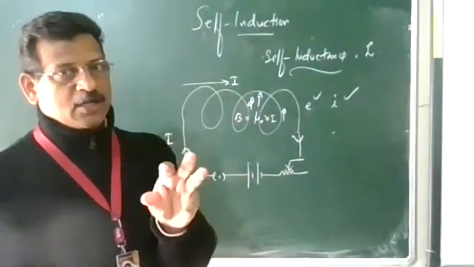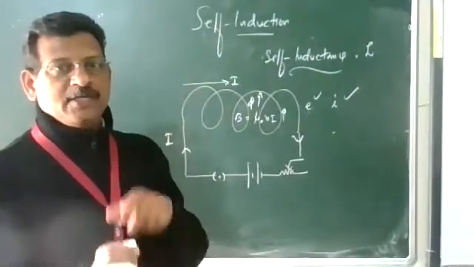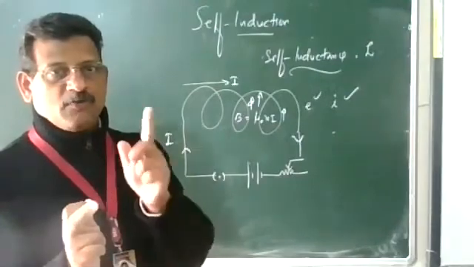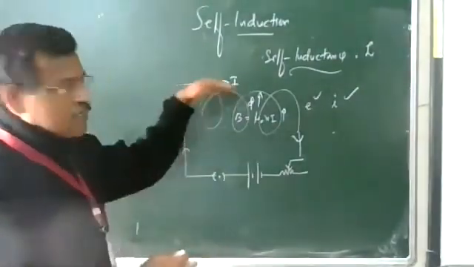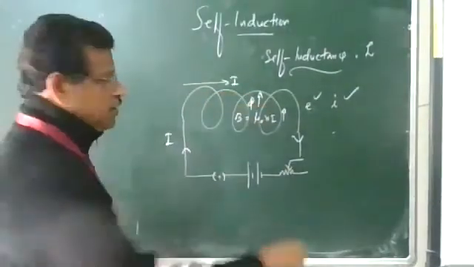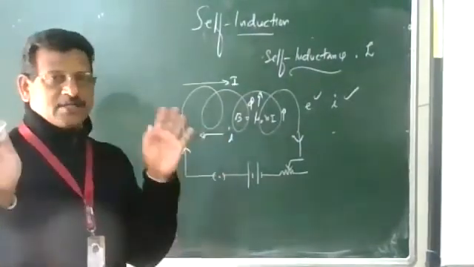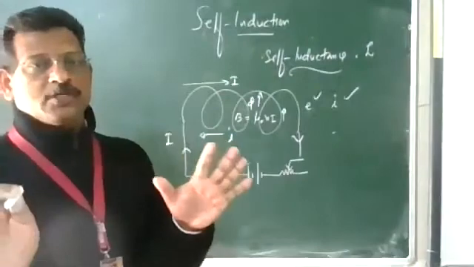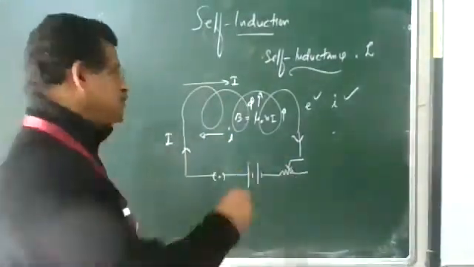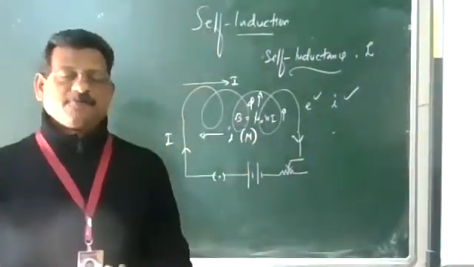This induced current, according to Lenz's law, flows in such a direction that it opposes the cause which is responsible for the change in flux. The cause responsible for the change in flux is the increase of the current. So the induced current will flow opposite to the battery current, so that the induced current tries to oppose the growth of current. This is why, on making the circuit, meaning when the current increases, this happens.